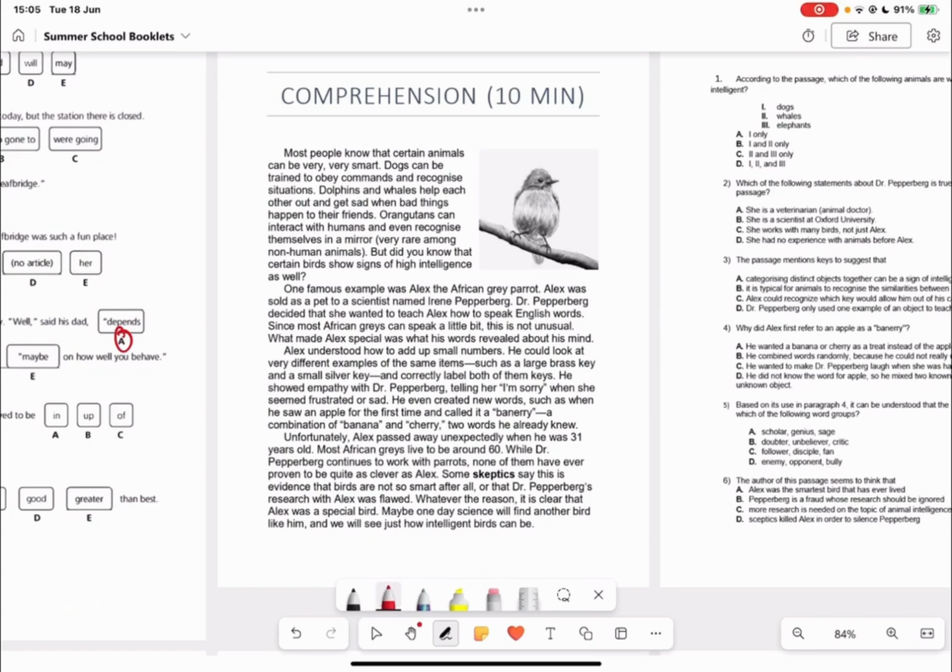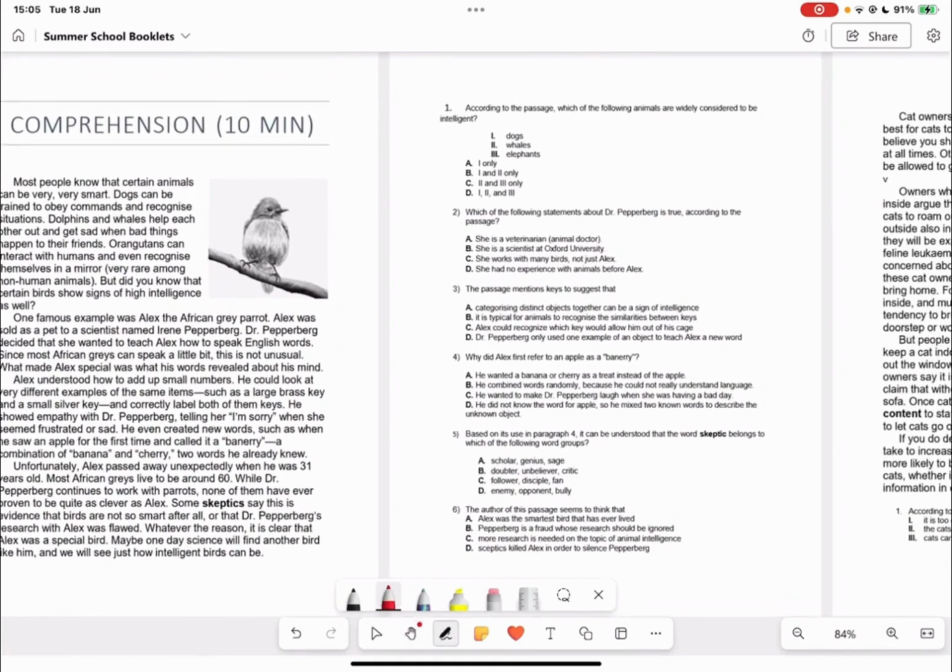Whatever the reason, it is clear that Alex was a special bird. Maybe one day science will find another bird like him, and we will see just how intelligent birds can be. So question 1, according to the passage, which of the following animals are widely considered to be intelligent? 1, dogs, 2, elephants, or 3, whales? Well, we know that it said that dogs and whales are intelligent, so that means that our answer will be